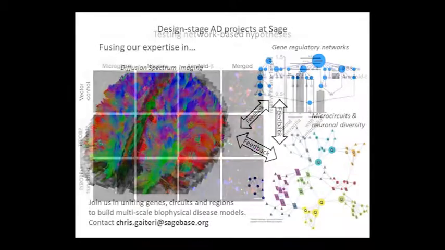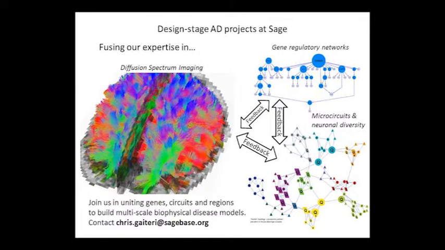And what we now have been doing is to take those gene regulatory modules and begin to try to overlay them with the diffusion spectrum imaging, looking at the microcircuitry. And Chris loves this stuff. If you're interested in any of this, go and look. But what I want to do is just take a bunch of data, look at the co-expression, look at the priorities, and layer in these steps. The point is, this is not black magic, okay? They're steps that you take, put together, and you can make sense out of it.